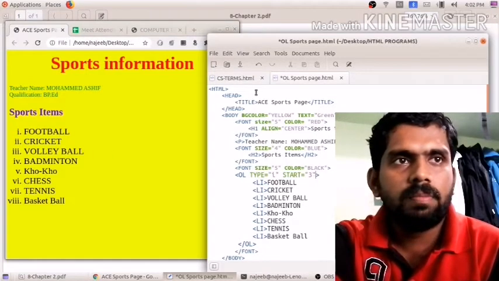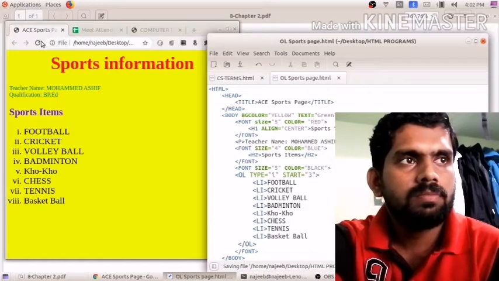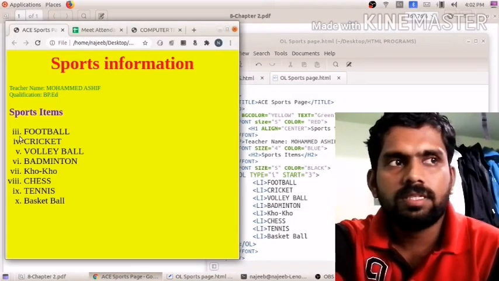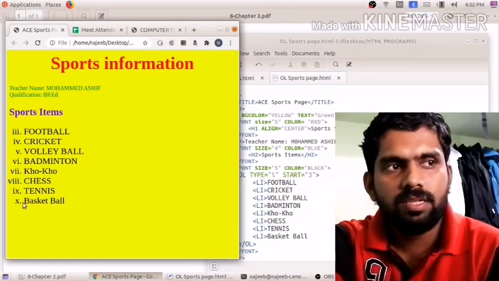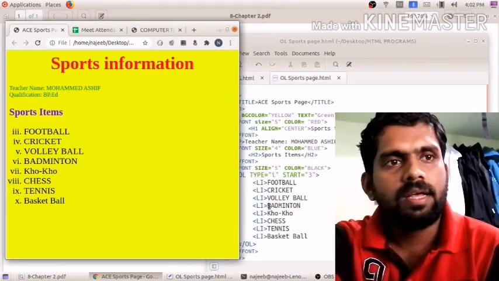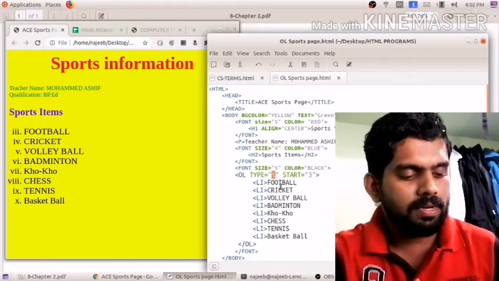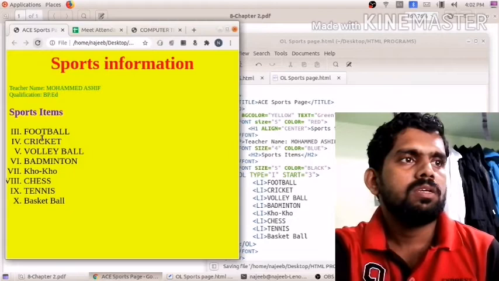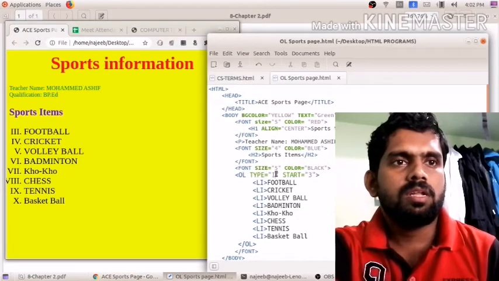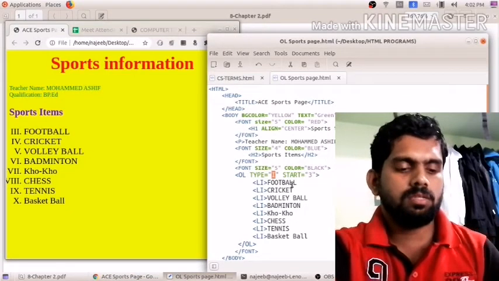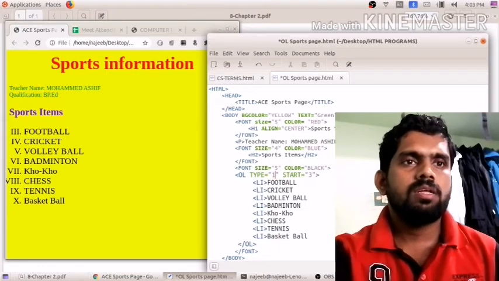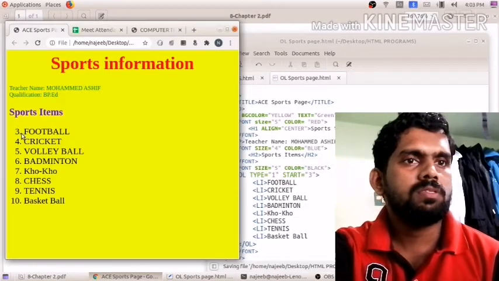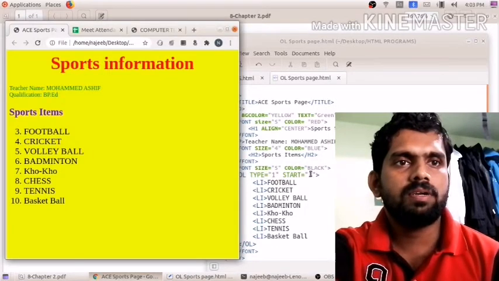Save the document. Then it is starting from 3 4 5 up to 10 like that. Likewise, if you are using capital Roman letters, then saving, you see it is starting from 3. Then with the decimal digit 1, it will also be starting from 3, because here we have given 3.